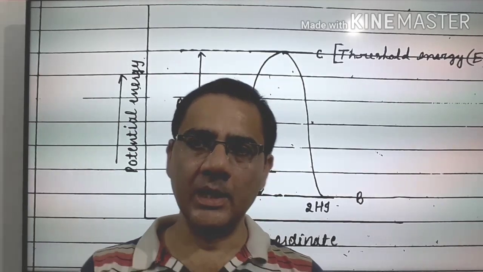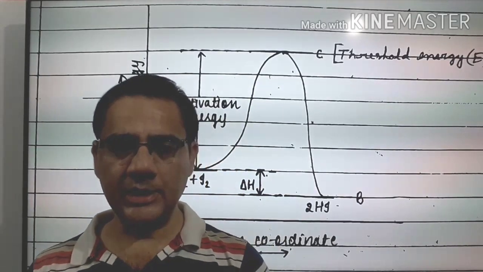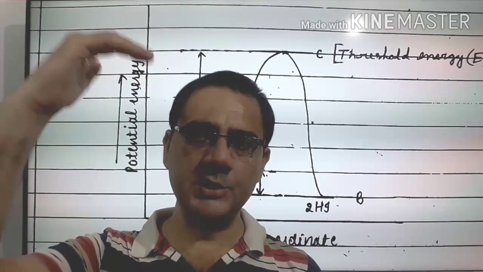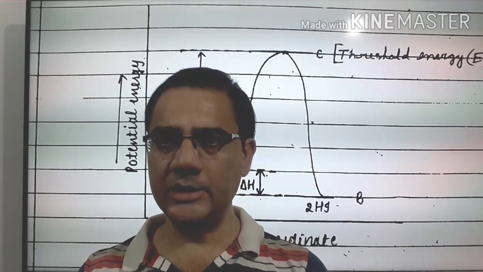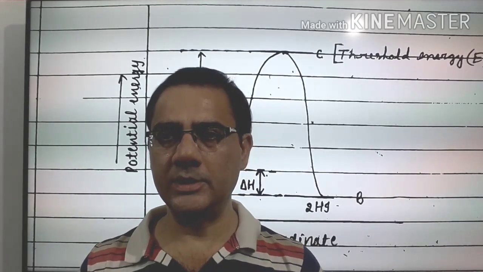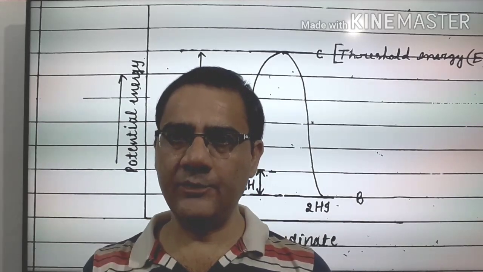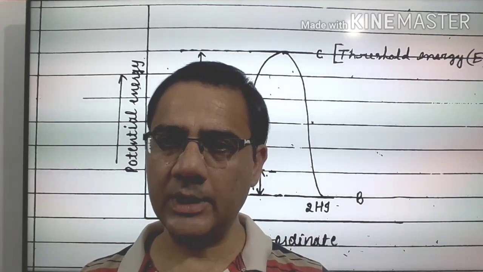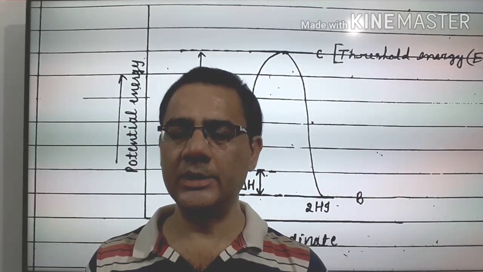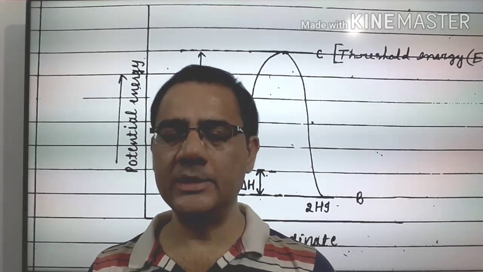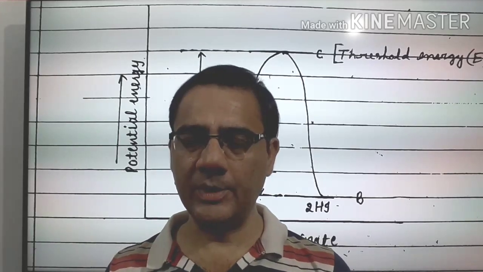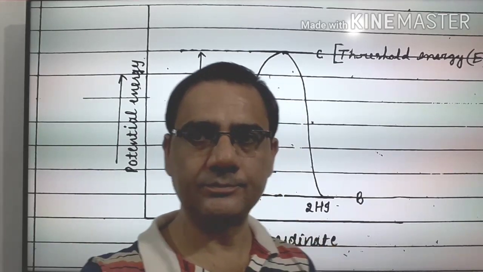Remember again, the energy the molecules have is called normal energy, लेकिन उसको हमको पहुंचाना है कहां तक, थ्रेशोल्ड एनर्जी तक. तो थ्रेशोल्ड एनर्जी तक पहुंचाने में जो एनर्जी प्रोवाइड की जाएगी दैट इज कॉल्ड एक्टिवेशन एनर्जी. The amount of energy which is to be supplied to the reacting molecules to make their energy level equal to threshold energy from their normal energy is called activation energy. I hope this topic, activation energy, is clear to you.